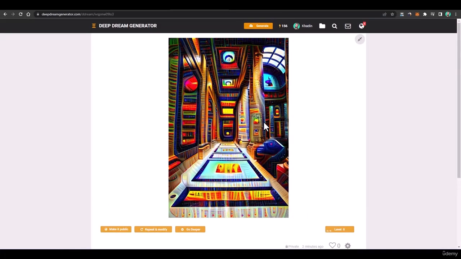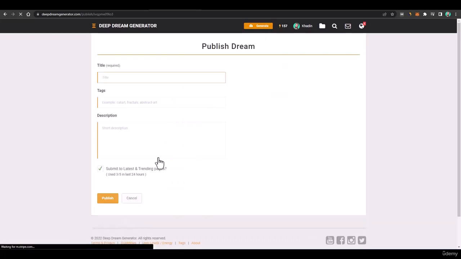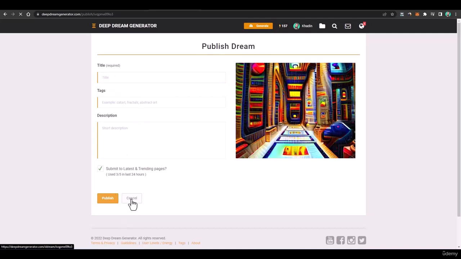The concept of a deep dream is basically simple: your image just converts into a dream-like image with more surrealism, and it seems like a dream, and you can increase its depth, you can decrease its depth, and you can modify it as well. It is basically done using the network layers, and that's how you can generate the image. If you want to make it public, you can, and here you can just publish it. So that's how it works.